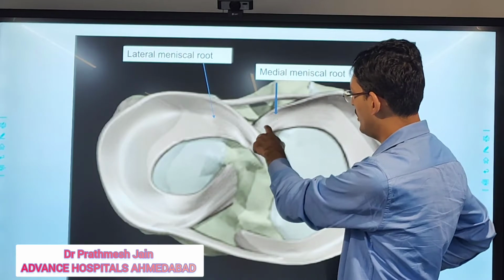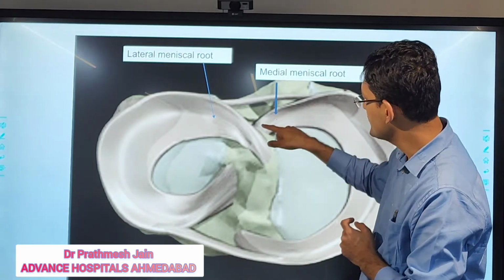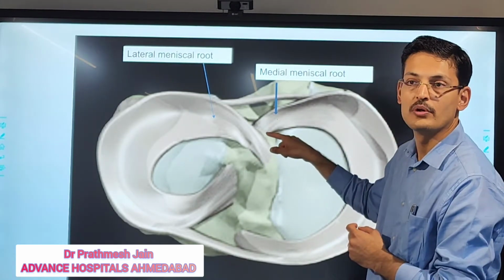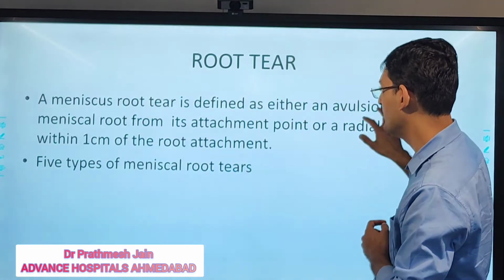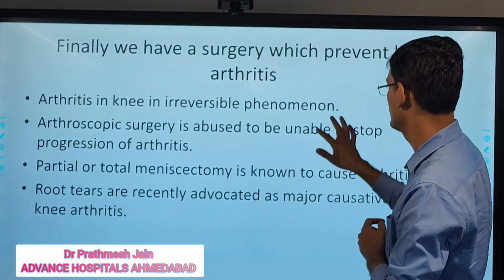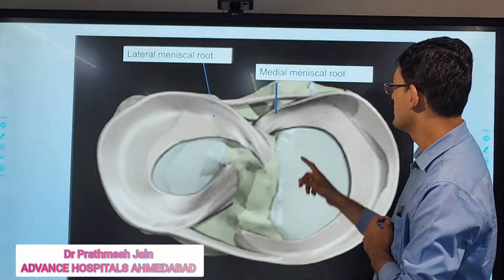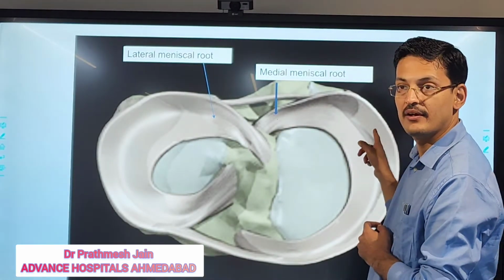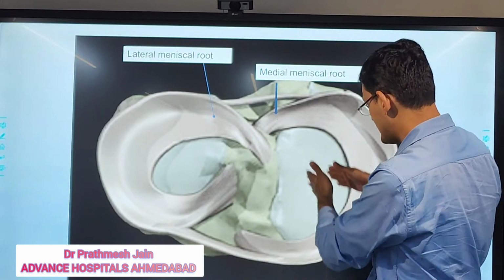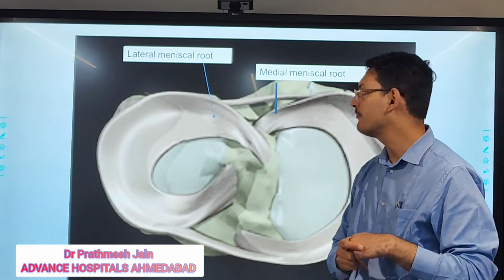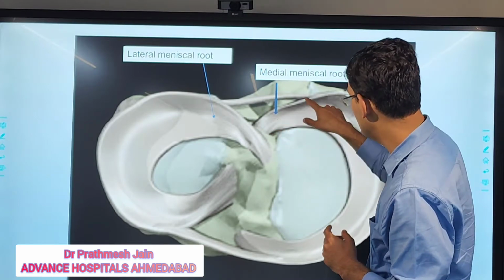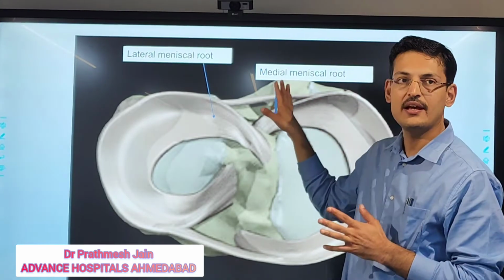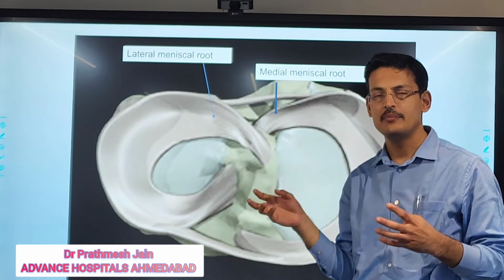And this is the area where the meniscus is attached on the bone. Supposedly if it is torn here, the meniscus will move out this way. And actually it is not this way, it is this way, but we are coming on to that with some physiology as well. So this tear, which is either here or in this region, the effect will be by and large the same.